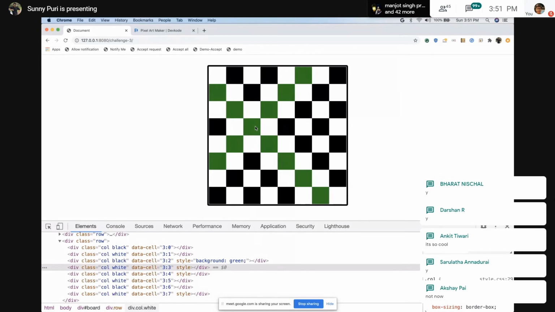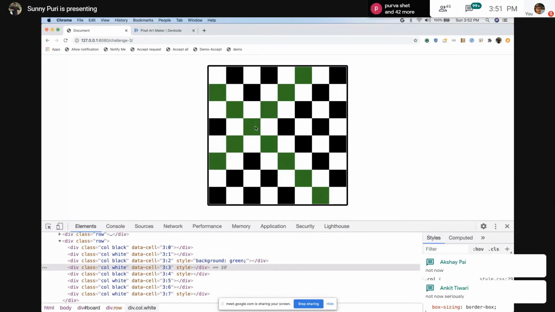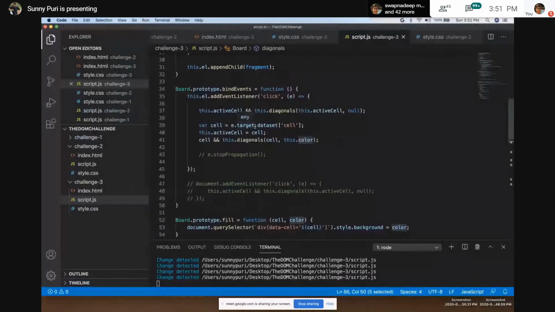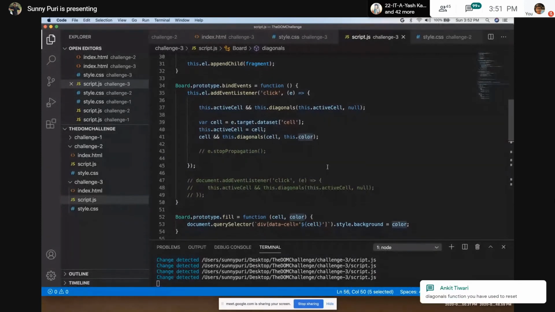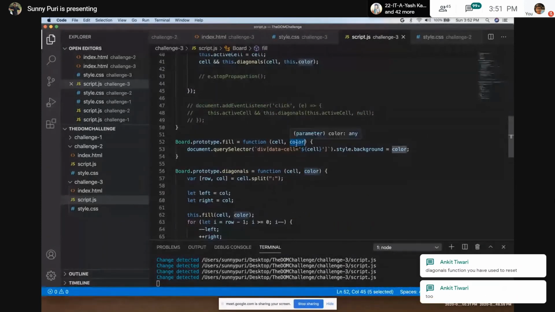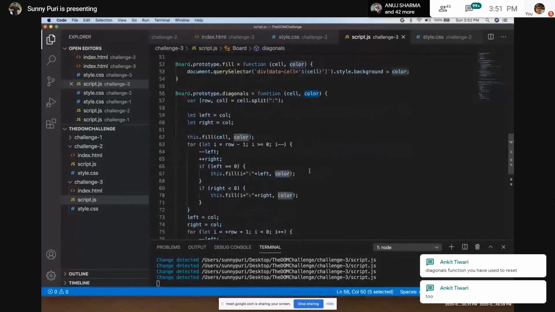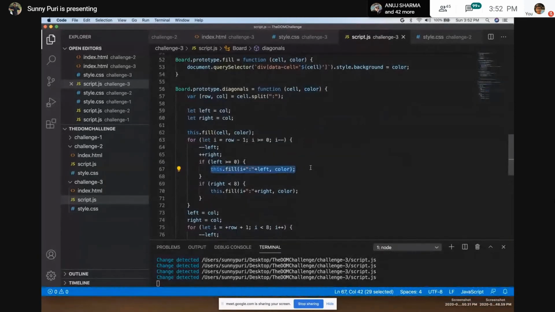Do you really think the reset logic was tough? No, we just need to think of how we can make the code easy. That's why I have broken all the logic into functions. I'm just following the function approach. This is the way we build a large application with the help of functions, so that it should not impact again and again. A reusable code. So that's why I was expecting a color in the fill, because when you pass null here, I'm calling this fill function again.